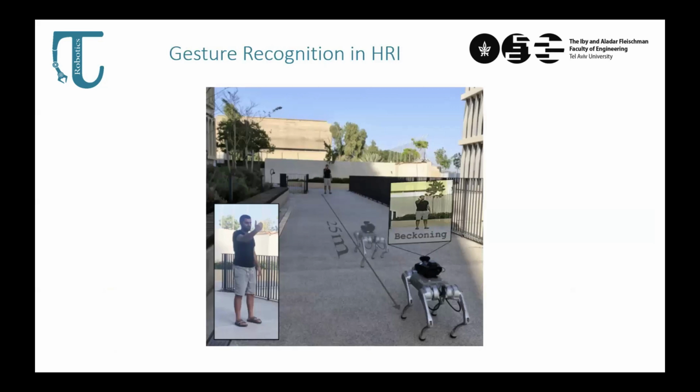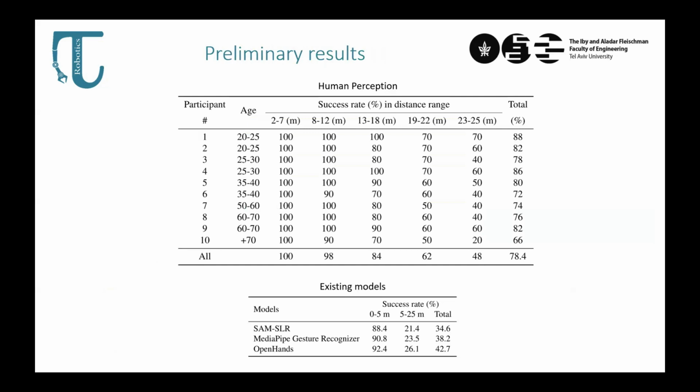Our goal was to do this in what we called ultra range, because long range was occupied by 7 meters. So we call it ultra range, at least 25 meters, and outdoors, indoors, in various environments. Just to put perspective, we took a few people at different ranges and saw that it's not easy to identify gestures from up to 25 meters. And the existing models, OpenAI, MediaPipe, and these kinds of skeleton models, practically cannot work in these ranges.